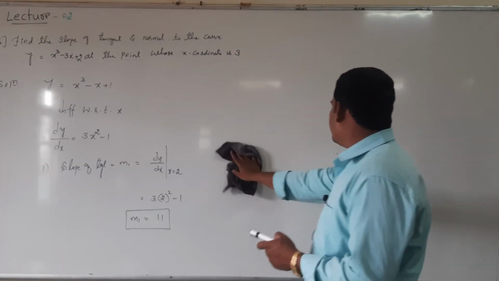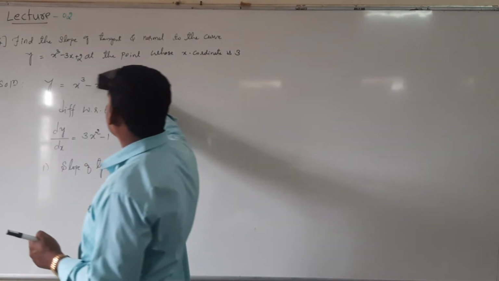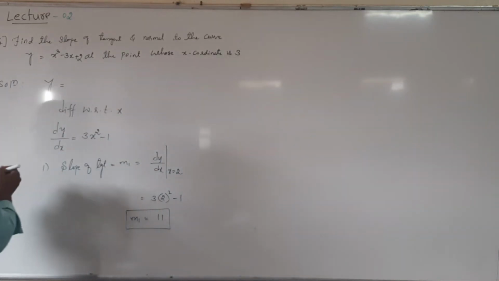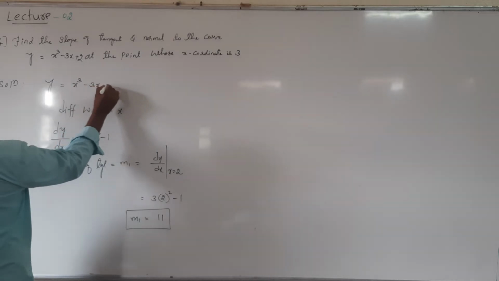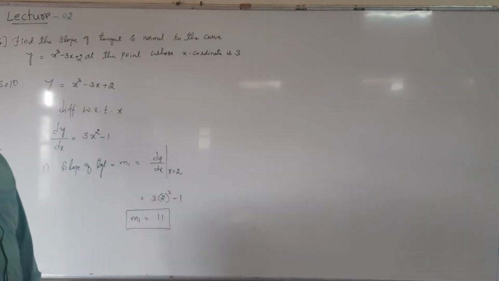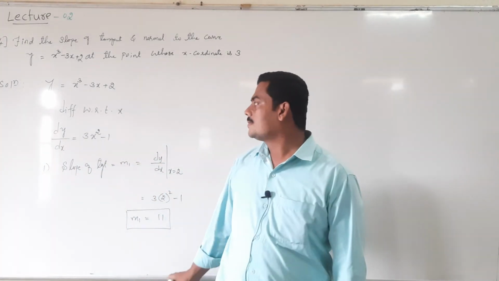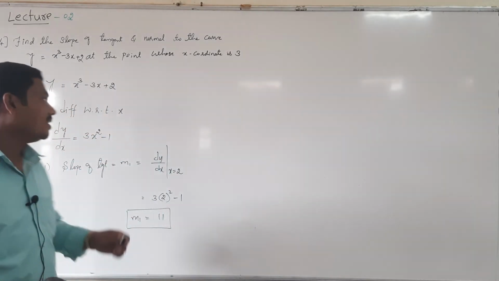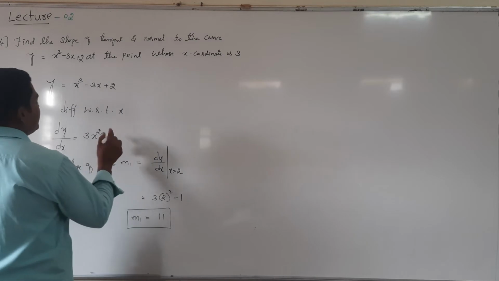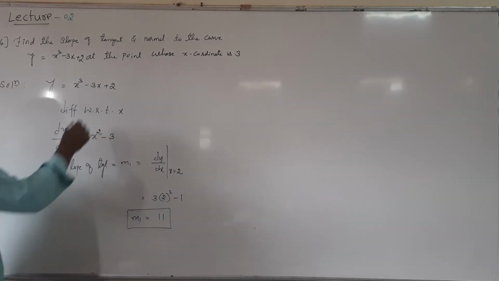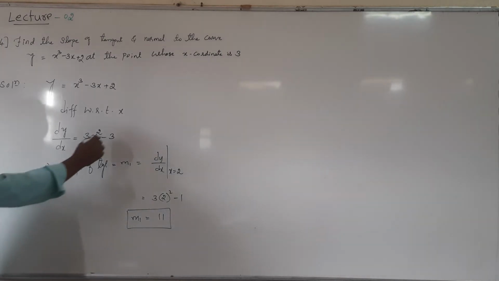For this, what you do is just differentiate the given curve with respect to x. Given curve: x cube minus 3x plus 2. First differentiate with respect to x. On differentiation, x cube gives 3x square, minus 3x gives 3, and the 2 gives 0. After getting dy by dx,